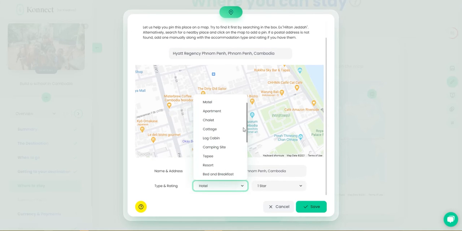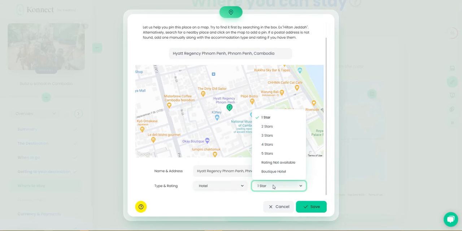Obviously, from the list, you can choose other types. And it's up to me to select the rating. For now, it's impossible to get the rating automatically. Sometimes it might not be applicable. So, for example, let's say it's 5 stars. If you can't get the rating, I recommend you select rating not available. I'll click on save,